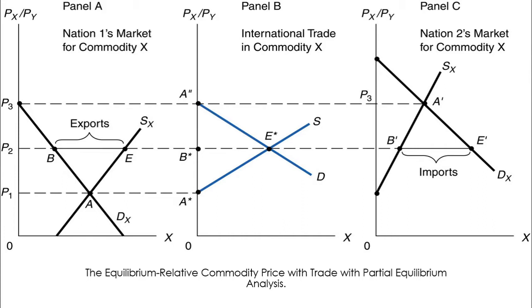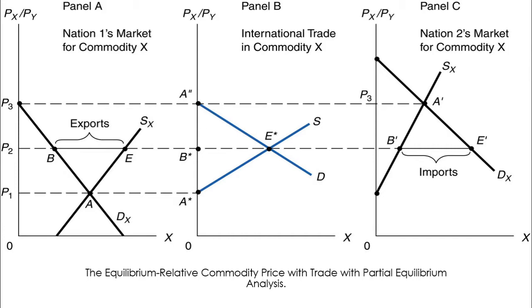So nation 1 is exporting commodity X to the international market as a result of excess supply when price is higher than P1, and when price is less than P3, nation 2 has excess demand and nation 2 imports commodities